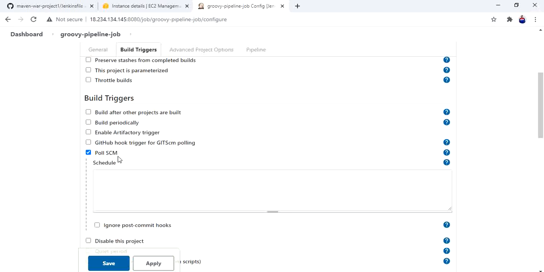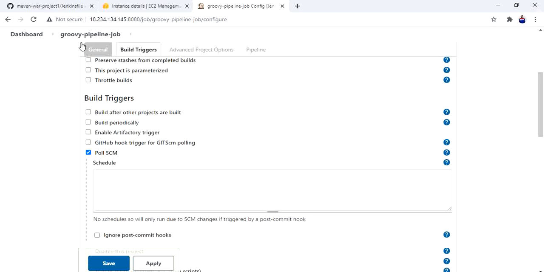So I should set up a mechanism such that GitHub itself intimates Jenkins that there is a change in my repository, so it will trigger, and this triggering is done by webhooks. So I have to use the webhooks concept. Webhooks are simple automated messages sent from applications when something happens. A webhook from an application triggers another application.